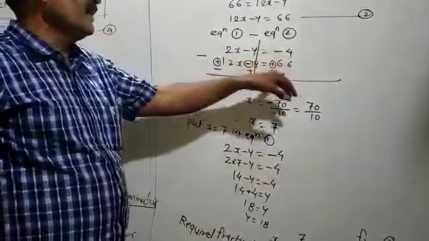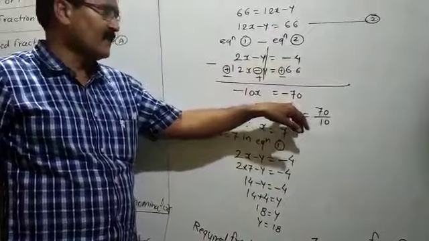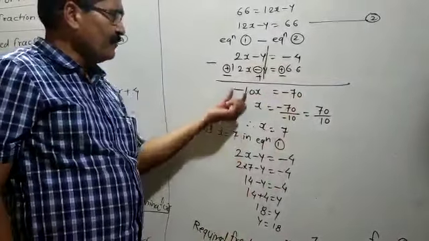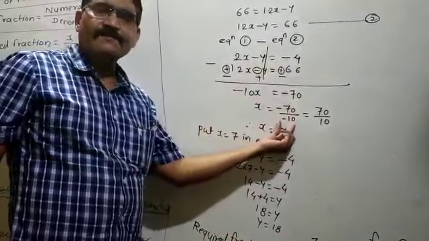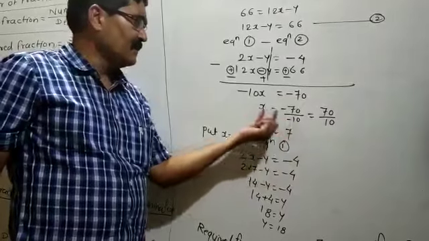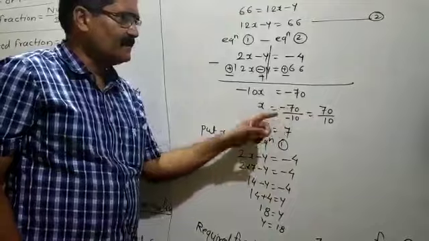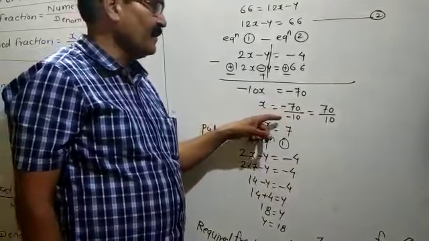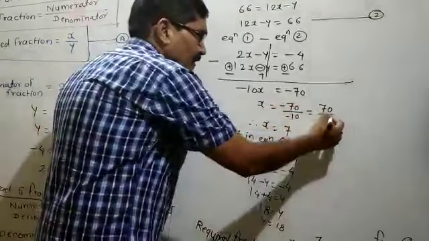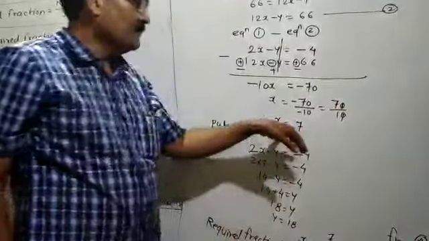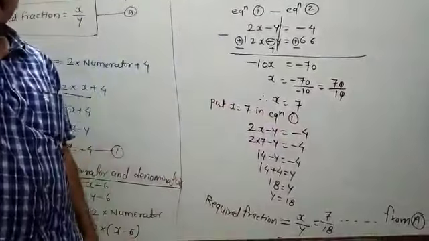See, both numbers are negative, add their magnitudes and give the sum: minus 70 will come. You have to transpose this minus 10 to that side, it becomes divided by minus 10. Then x is equal to minus 70 upon minus 10. You have to strike the minus signs because they are present in the numerator and the denominator. After that, strike the 0. At that time, x is equal to 7 will come. 7 upon 1 means 7.